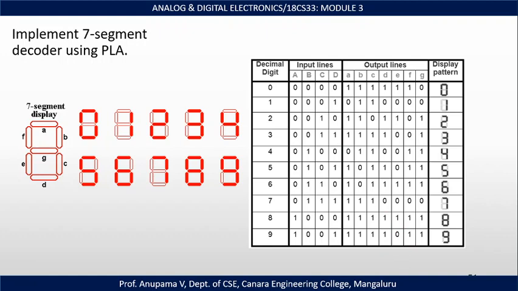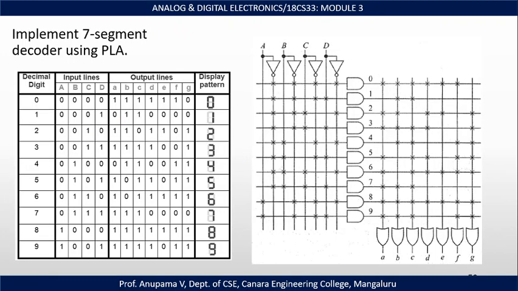Now, using this truth table, let us implement the 7 segment decoder using PLA. PLA stands for Programmable Logic Array, where both AND and OR arrays are programmable. At the input side there are 4 variables, hence in PLA there are 4 variables, namely A, B, C, D and their respective complements, and there are 10 inputs, hence we have 10 AND gates, namely AND 0, 1, 2,